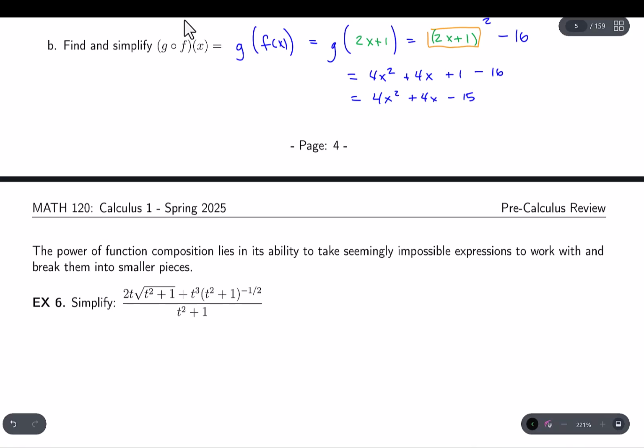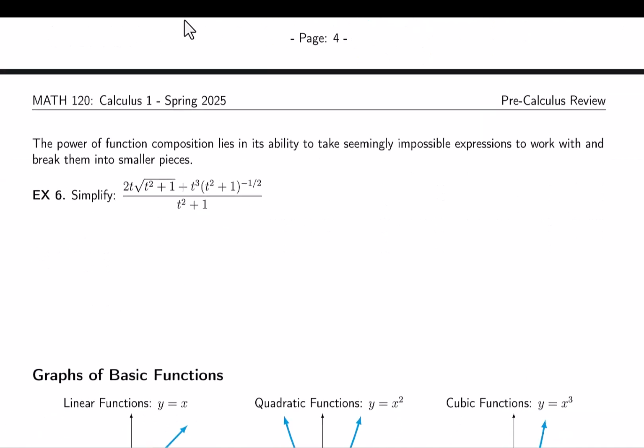All right, let's look at something that is a good application of the power of function composition. So I have this expression which just looks daunting. Now the thing is, function composition can really make this a whole lot easier to work with. So for instance, if you'll notice, there are these repeated parts which look very similar. So I have a lot of different parts with t squared plus 1s. Okay, so if I just let, say, a be equal to t squared plus 1,